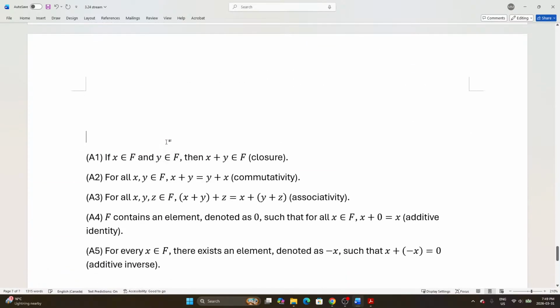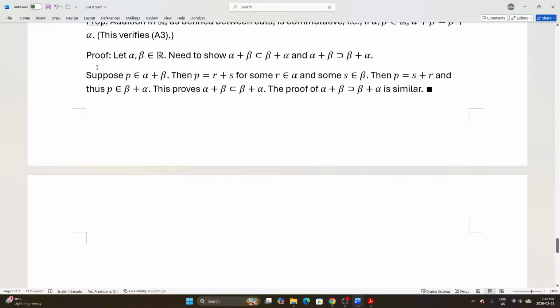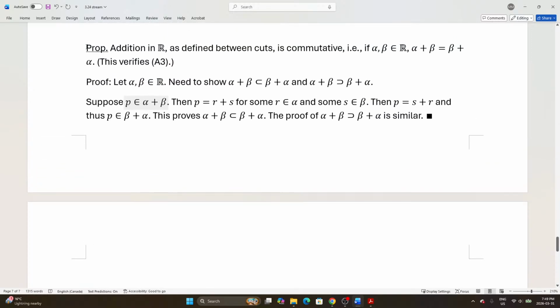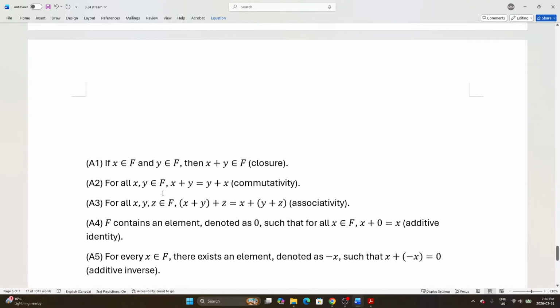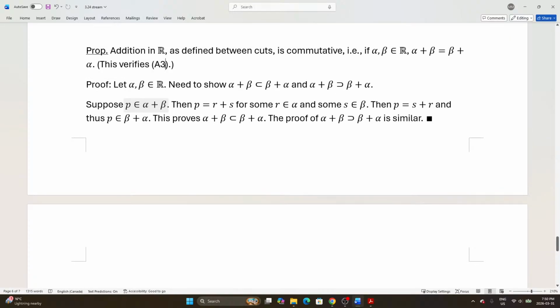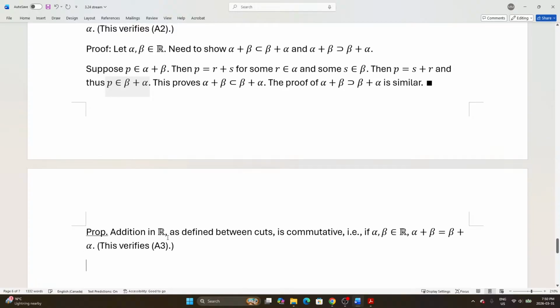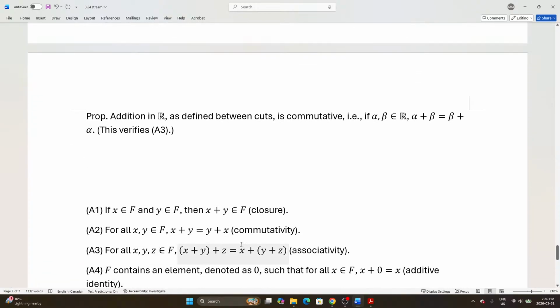Very easy. So now let's set up the next proposition. This is A3. Hang on, this is A2, right? This is A2, sorry, my bad. So we need to verify A3. A3 says you have associativity. I think this should also be very easy because addition between rationals is associative. Namely, if alpha and beta and gamma